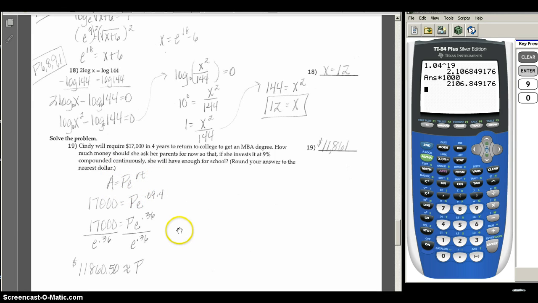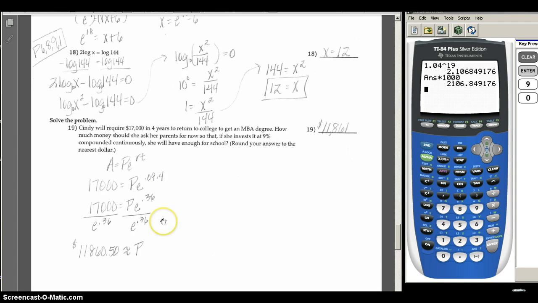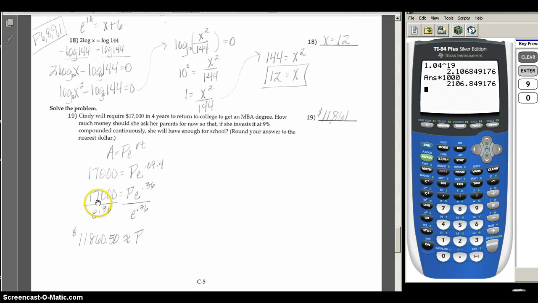RT formula. 17,000 is what we want to have, so that's our future amount, so that replaces my A. My principal is what I'm being asked to find, because that's how much she's going to ask her parents for, so that's the big question. Remember, e is a number, so it stays. My rate is 9%, so 0.09, and it's for 4 years. So when I number crunch, I get 17,000 equals P e to the